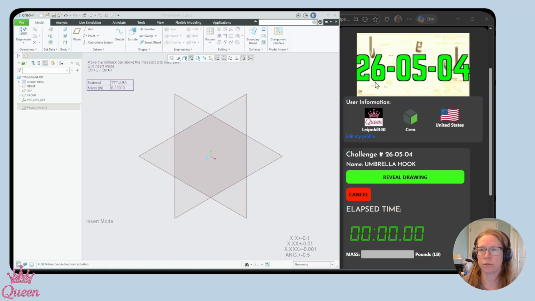Today we're going to do Two Tall Toby's 260504 umbrella hook. This is currently, as of this recording, available for free on twotalltoby.com, and it was featured in this week's Monday Model Live. We are in inches today. There's not a ton of inches sweep options in the Two Tall Toby library, so looking forward to jumping into